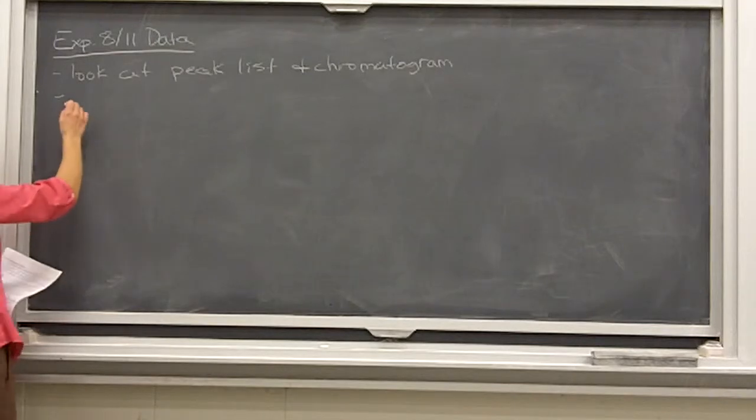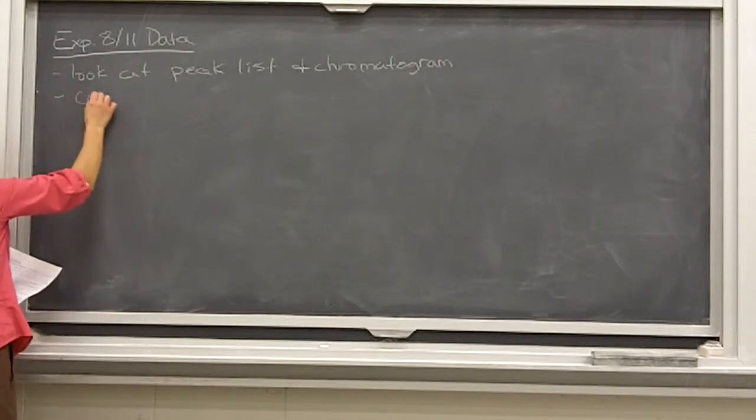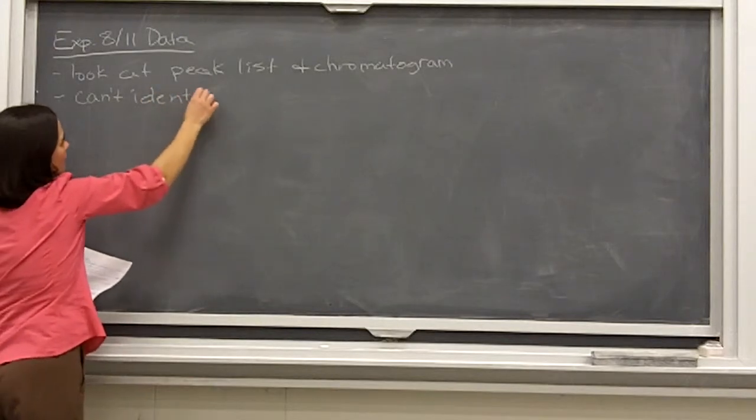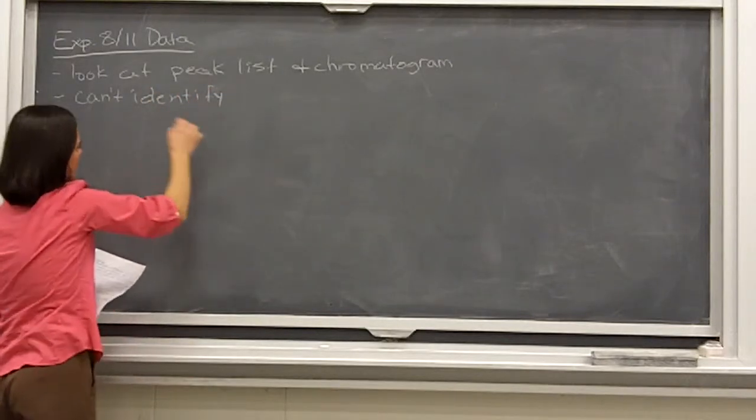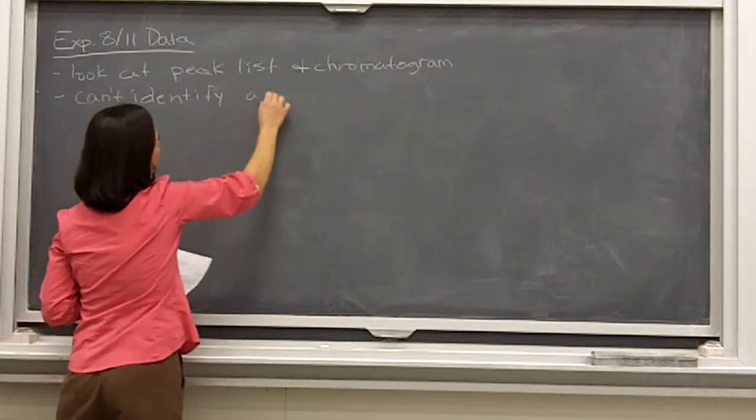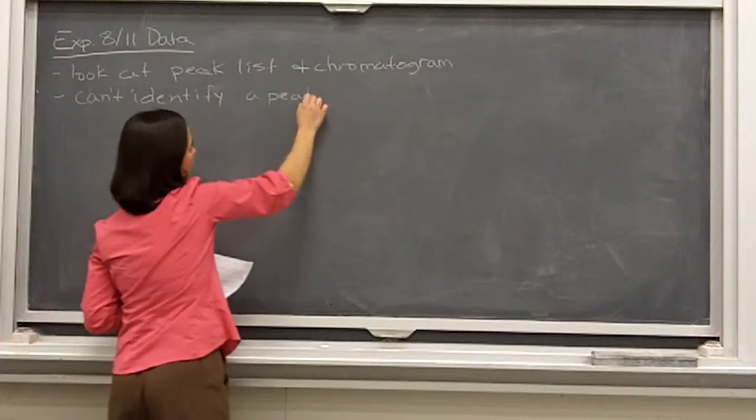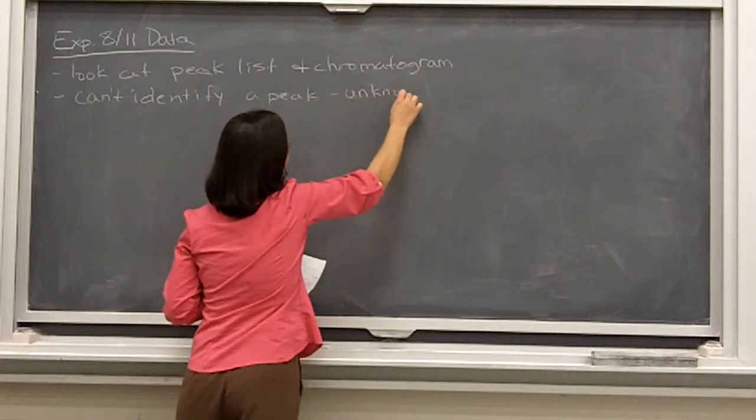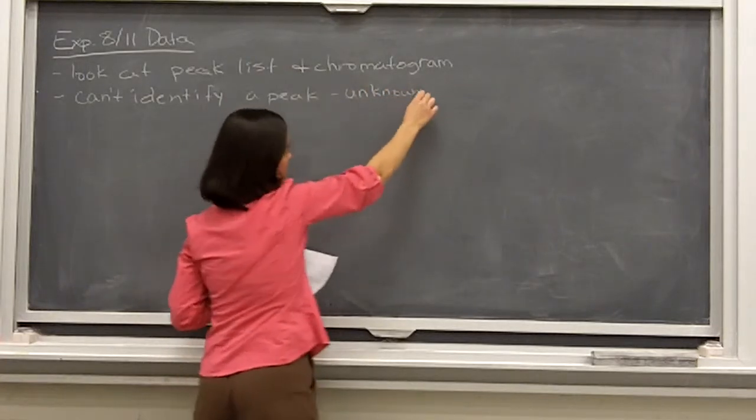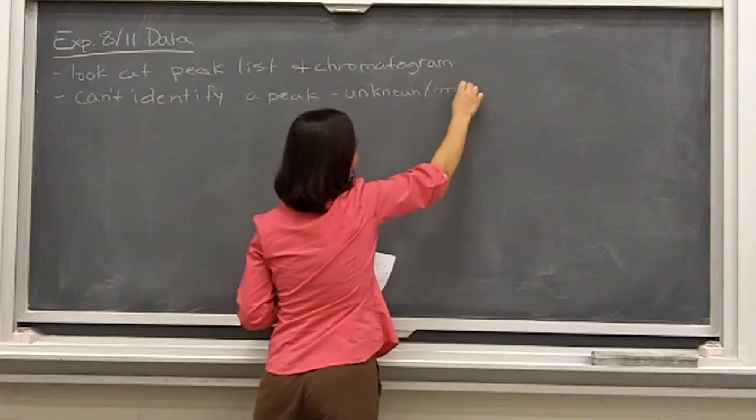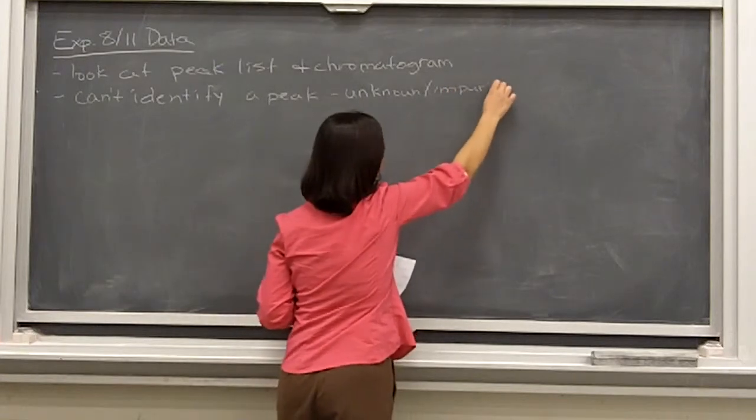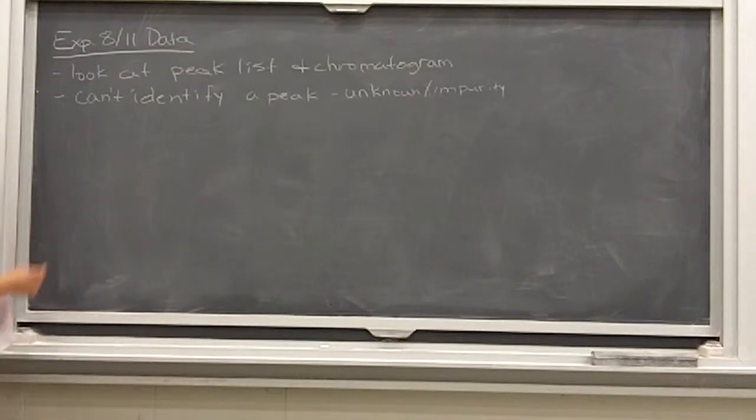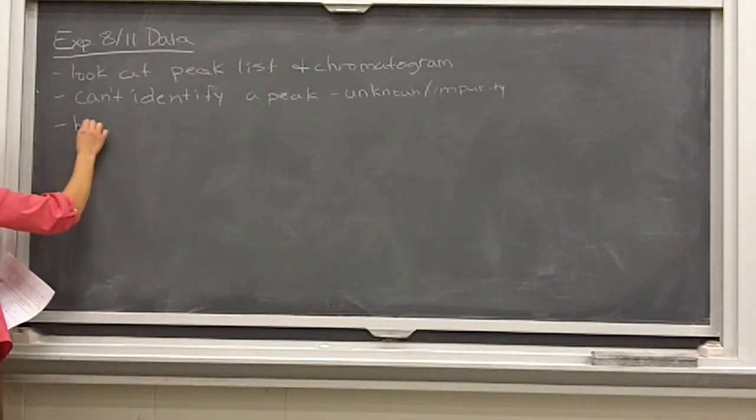If you can't identify a peak, so you can't figure it out from the table of standard retention times we've given you, label it as an unknown, okay? Or an impurity. But be careful in doing this. Make sure that you can't identify it, okay? So your heptenes,